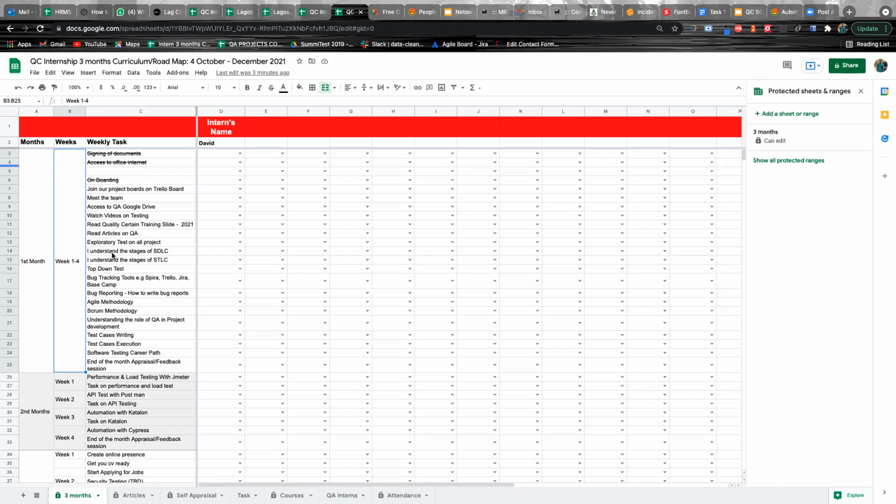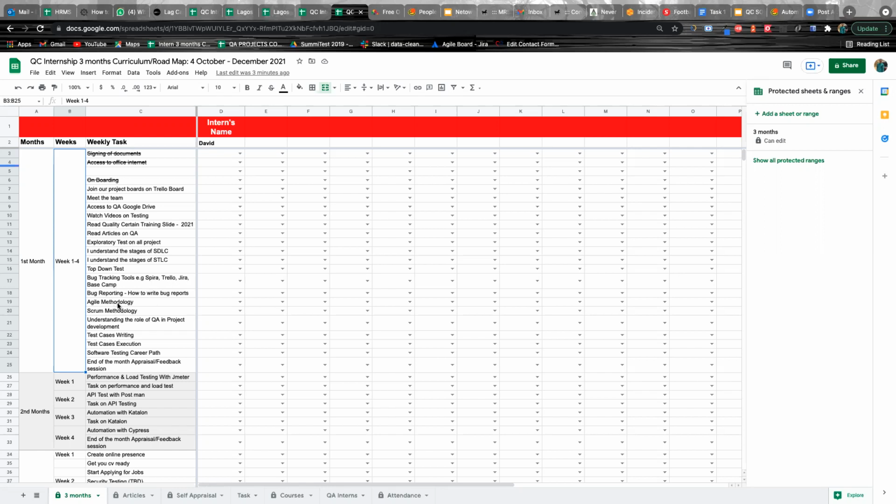Then understanding the stages of the software development life cycle, which I've explained to us. Next is understanding the software test life cycle. Then how to perform top-down tests on an application. Then bug tracking and how to report bugs using Spiral, Trello, and Jira.